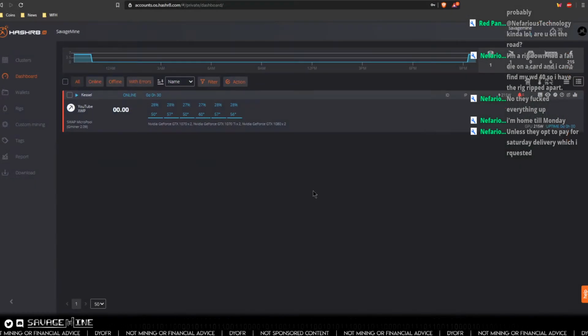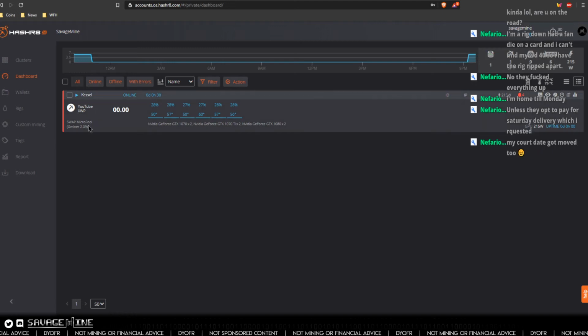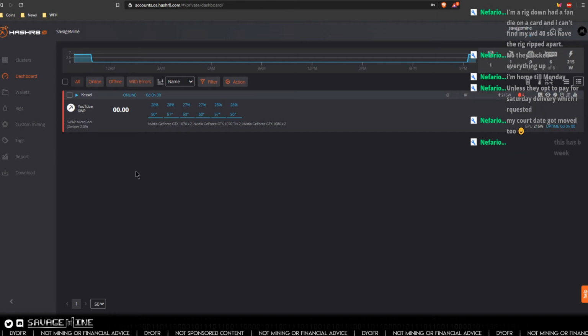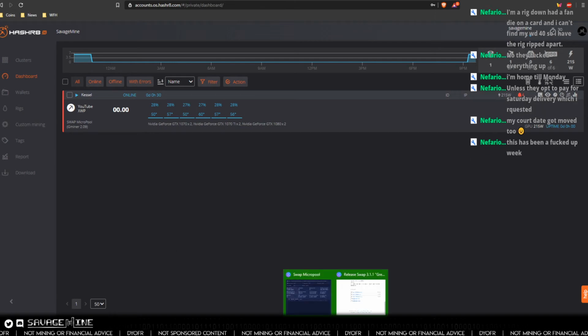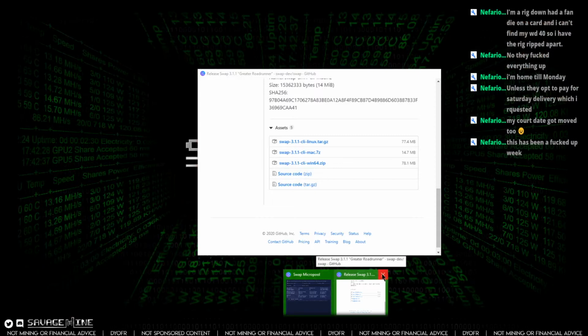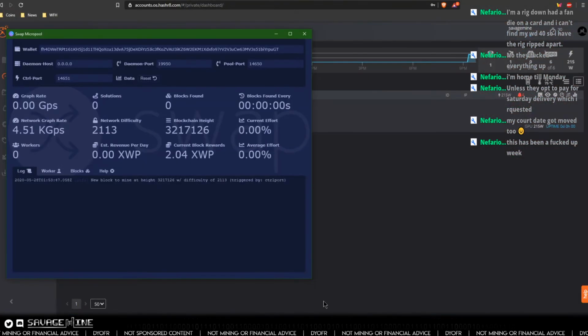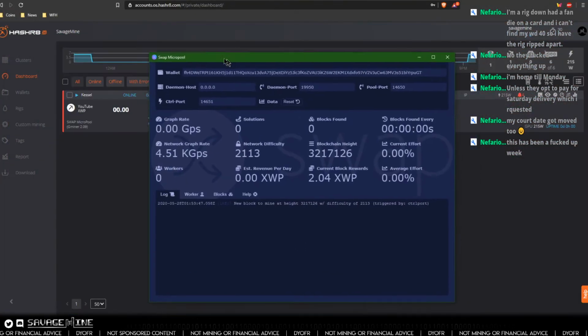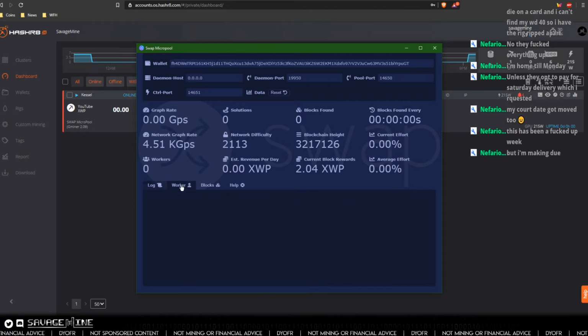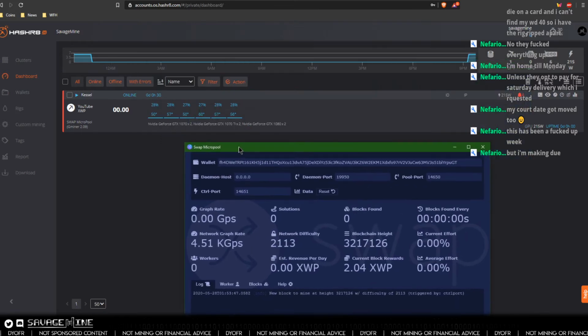So now what we should be able to do is go to HashRateOS, and I thought that this was already up and running. So the rig is online, swap Micropool. I wonder if, okay, so remember we did make that one small change. We didn't tell it. So it's not seeing the worker. You see how it's up and running and it's got new block and everything, but there's no